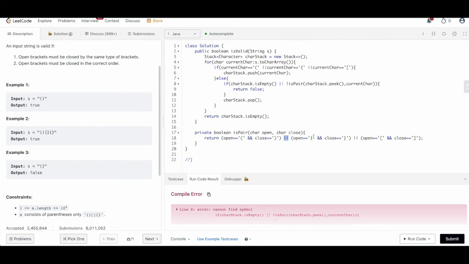If open is curly braces, closing should be curly braces. If open is square bracket kind, then closing should be square bracket kind. If any of these conditions is okay, then this will return true. But if all of these conditions are false, for example we receive an open as this bracket and for closing we get a square bracket, none of these will pass, and in that case it will return false.